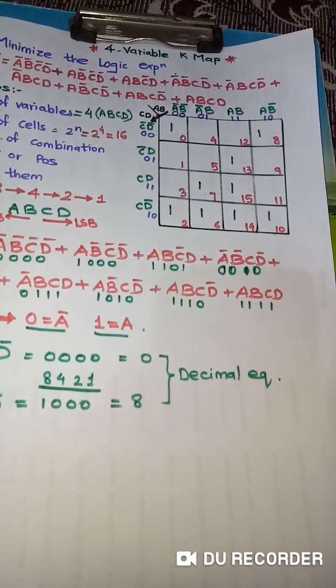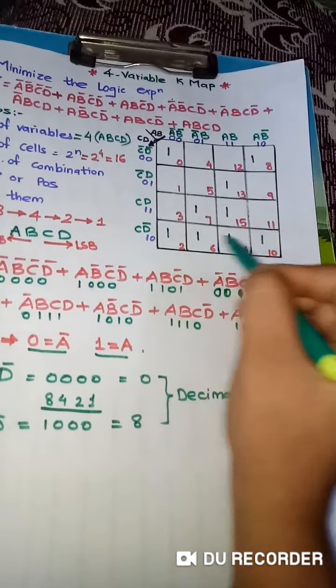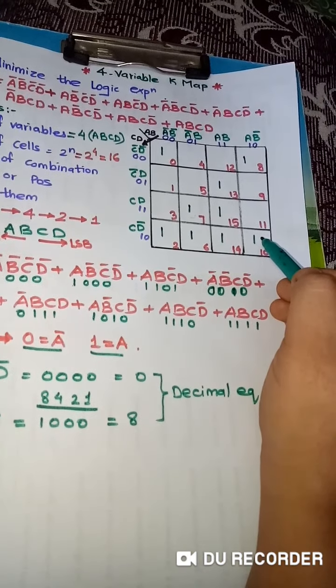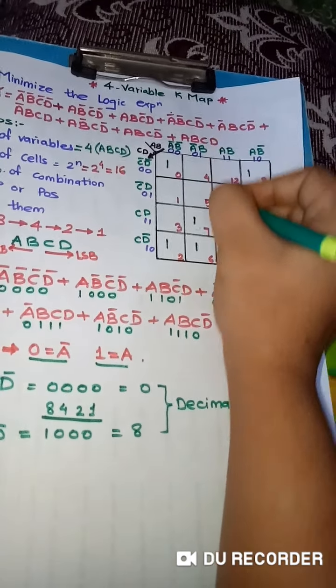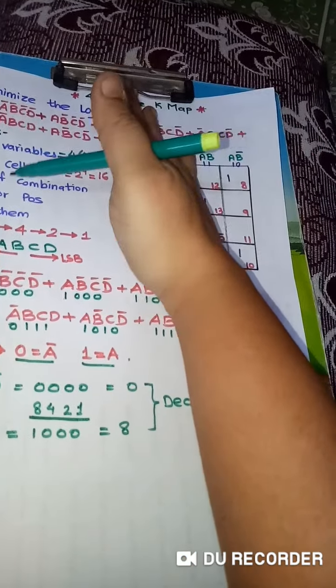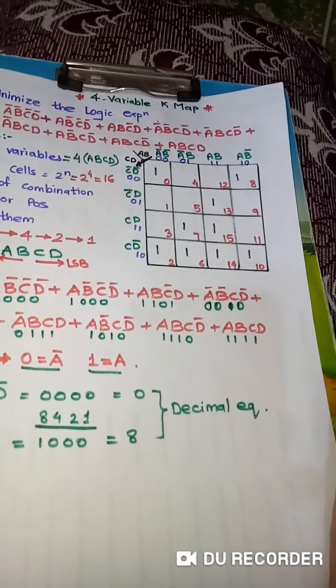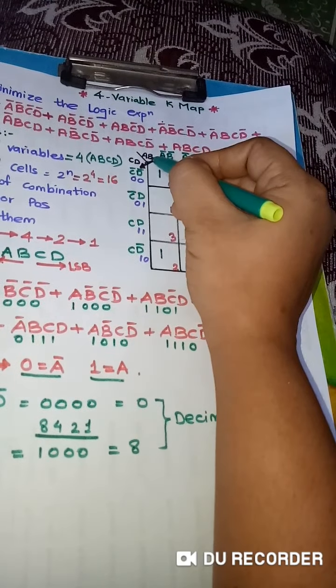So here I will be grouping it in the form of, see here you can see I have 4 ones at 4 corners, right? I told you the logic of overlapping. We overlap from center here and overlap from center here. If I overlap it like this and I overlap it like this, these 4 ones will overlap with each other. So I can make a group of these 4 ones.